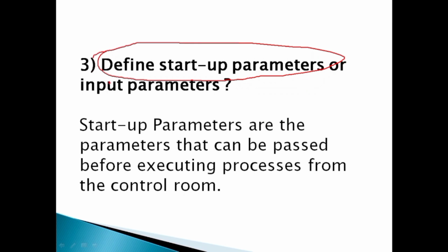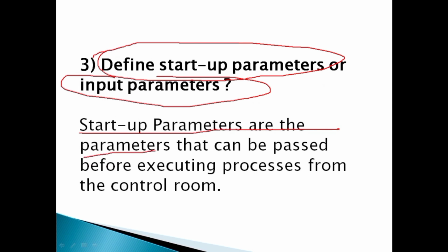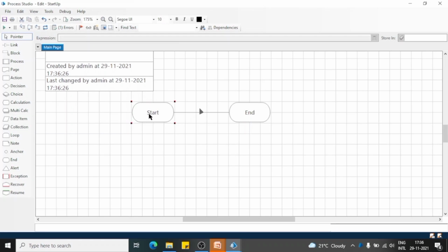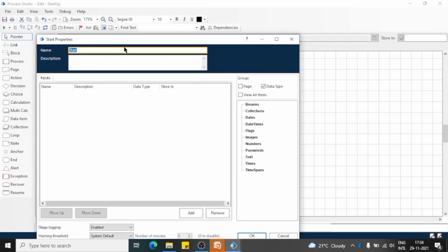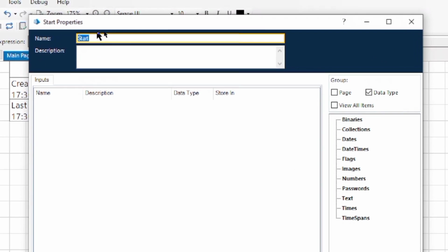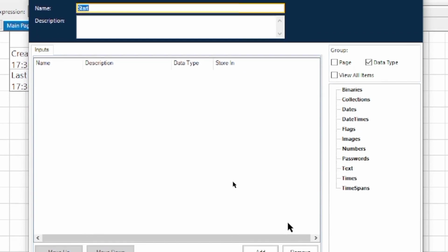Define startup parameters. Startup parameters are the parameters that can be passed before executing processes from the control room. For using a startup parameter, we will double click on the start stage and add the elements.